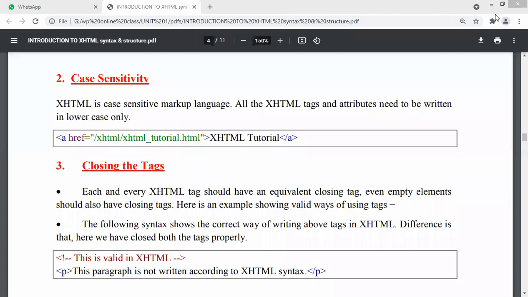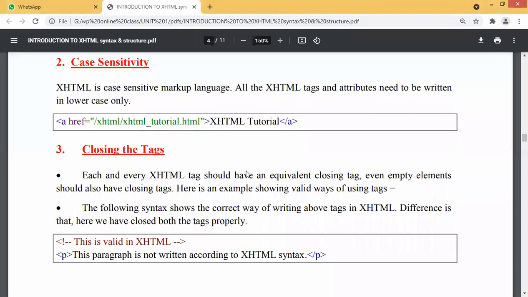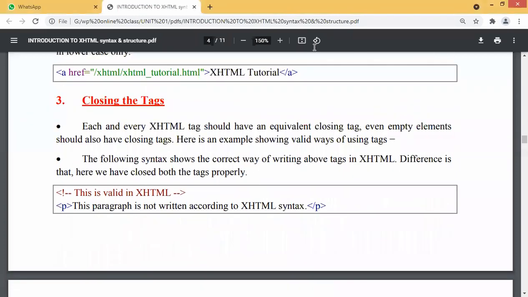Now the third syntax. So what is the third syntax rule? See here. Every opening tag should compulsorily have a closing tag. If you open a tag, it should be compulsorily closed.